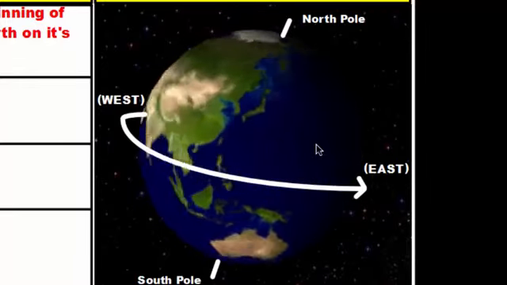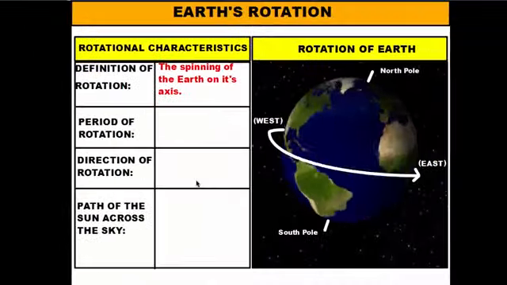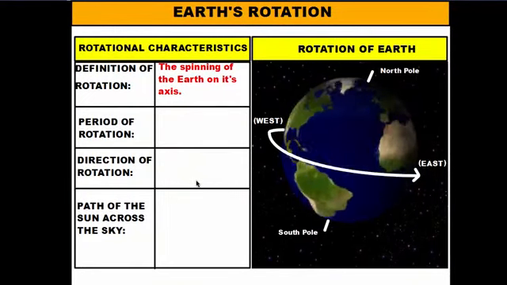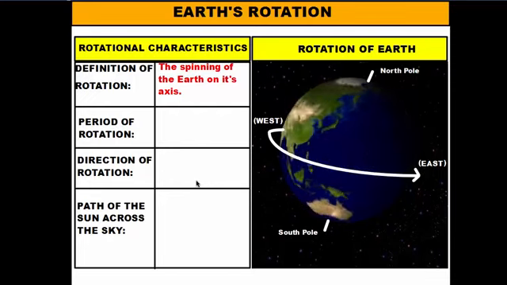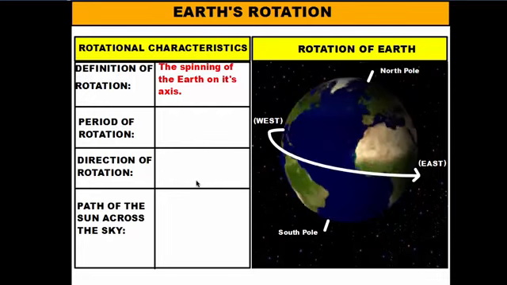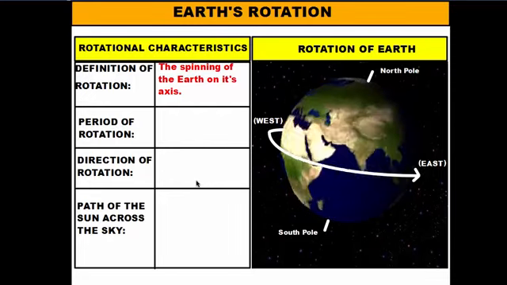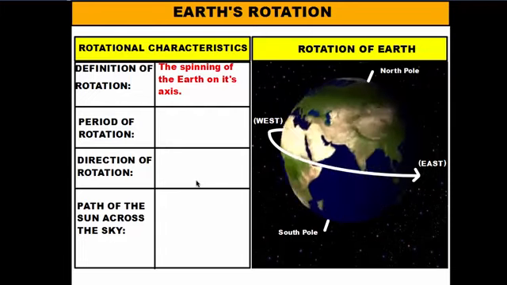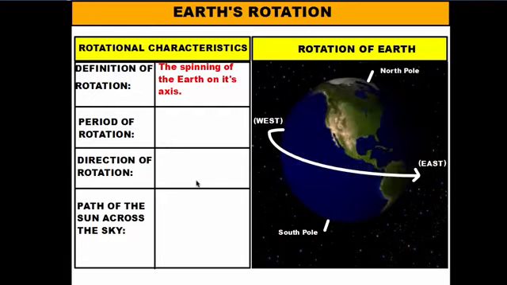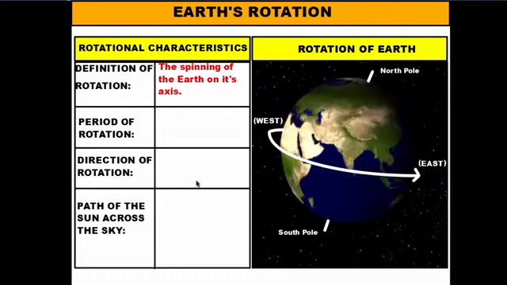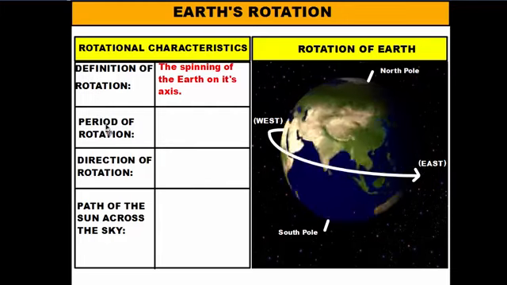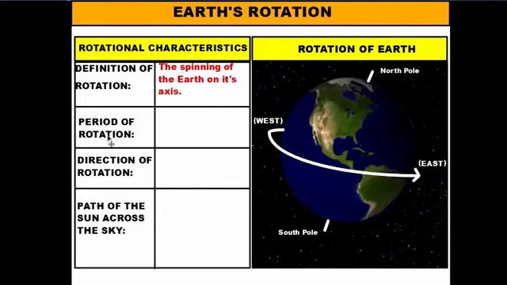as the Earth spins. Now, it takes a certain amount of time for the Earth to complete one spin, and that's called the period of rotation. If you have trouble remembering that, think about your class periods. Your class periods are chunks of time designated for certain subjects. So period 1 is a 40-minute block of time for one subject, and then period 2 is another designated block of time for another subject. Well, your period of rotation is a block of time for the Earth to spin once, and we could describe